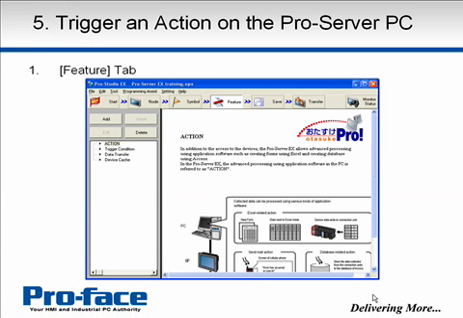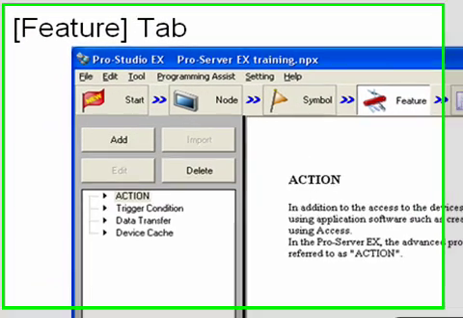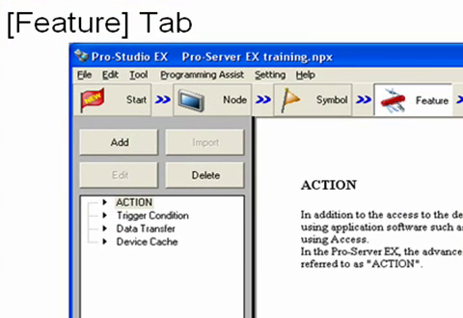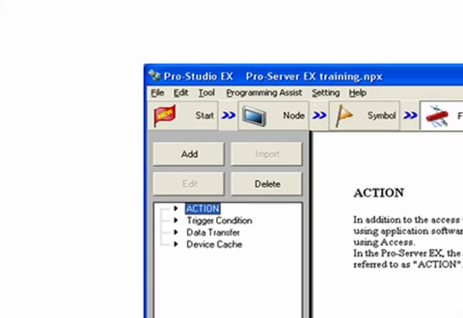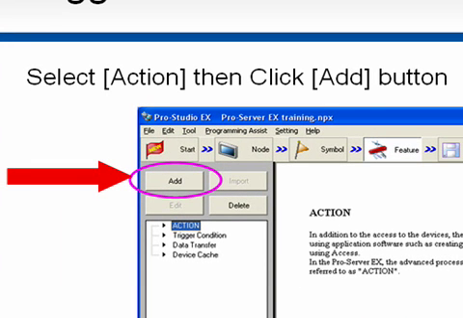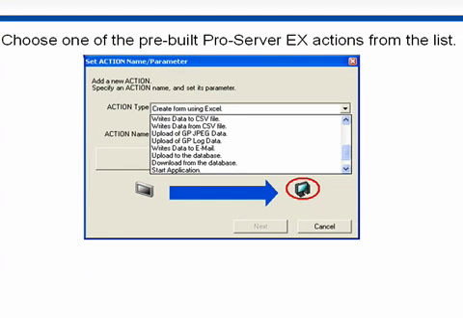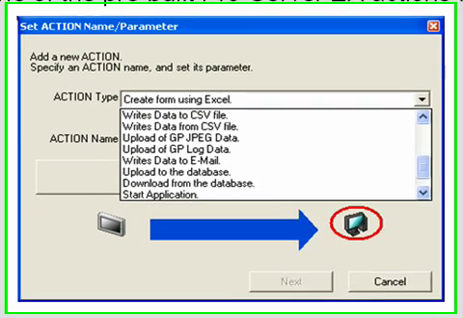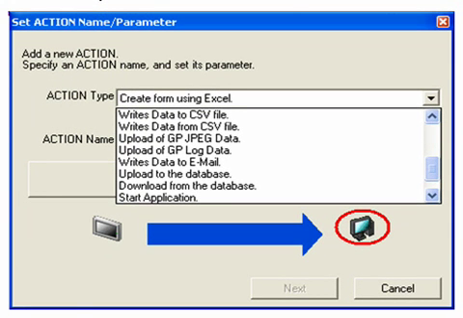So we move on to the Feature tab, the Swiss Army knife symbol at the top of the Tool taskbar, and we'll see Actions and Triggers. We select Action and then Add. We then choose one of the pre-built actions from the list. There's a variety of actions, some of them are shown there, including uploading and downloading JPEG, CSV files, writing and reading from databases, etc. We're going to use the one at the bottom of the list, which is Start Application,